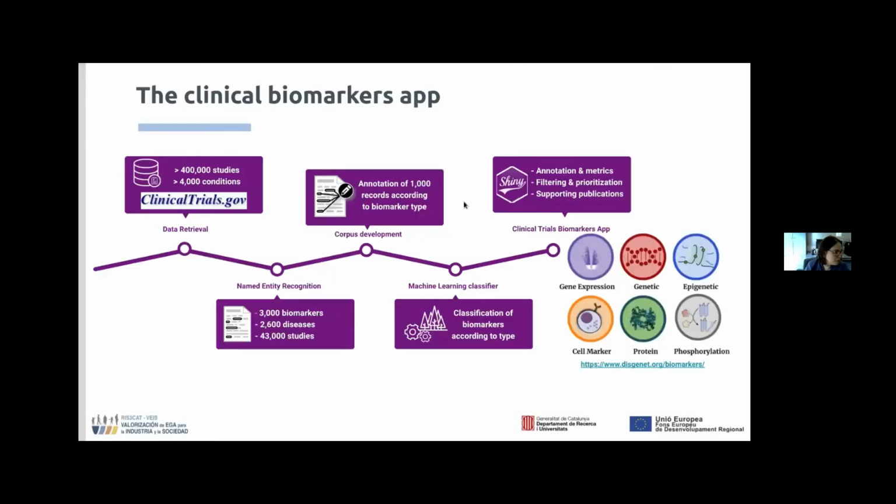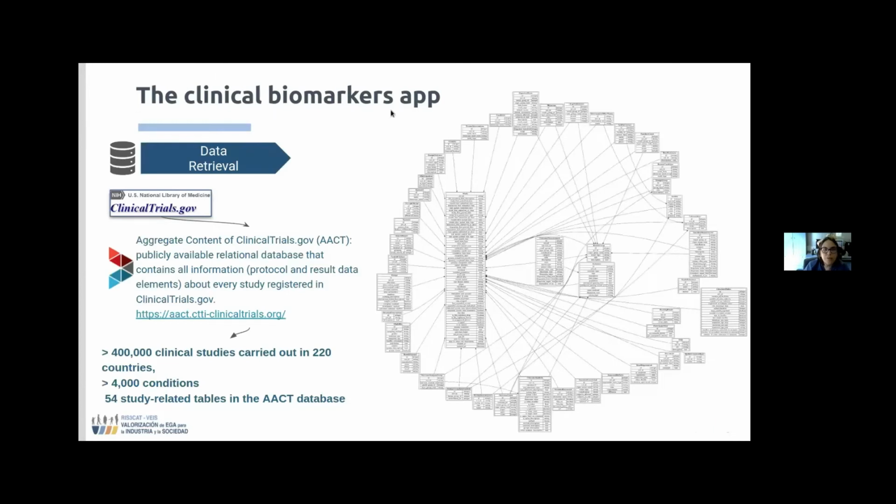And finally, before I go to the demo, to the web interface, I wanted to talk a little bit about the new data set that we have produced, that has also been converted into a Shiny app called the Clinical Biomarkers app, which can be accessed from DisGeNET at this URL. And I will give a little bit more details. So the Clinical Biomarkers app, as I see it, is complementing the information that we have in DisGeNET,